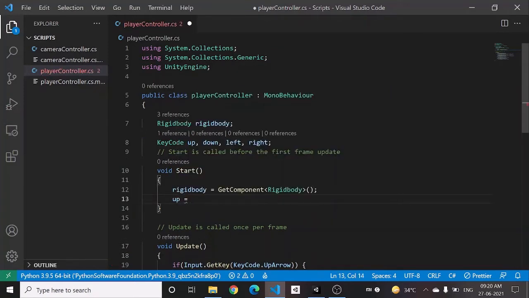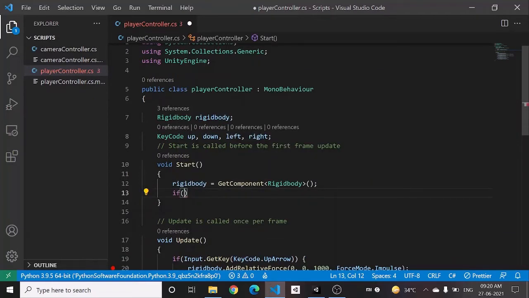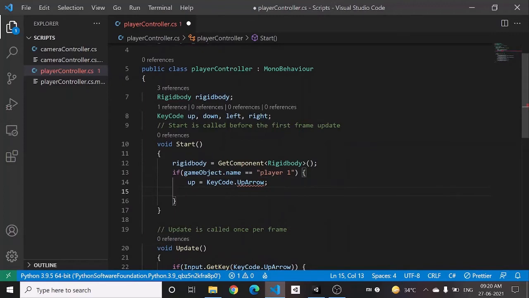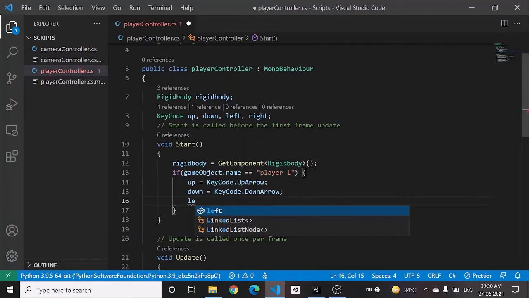Now up is going to be, so if gameobject dot name is equal to player 1, we want to assign up to be key code dot up arrow, down should be key code dot down arrow, left should be key code dot left arrow,